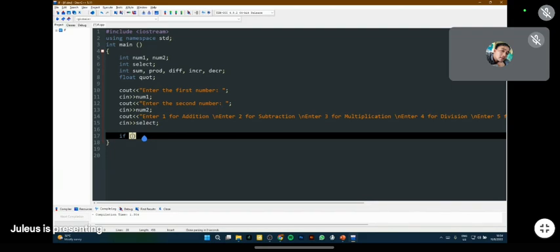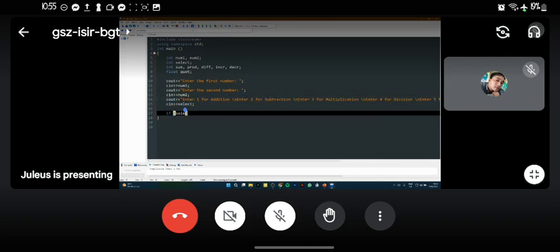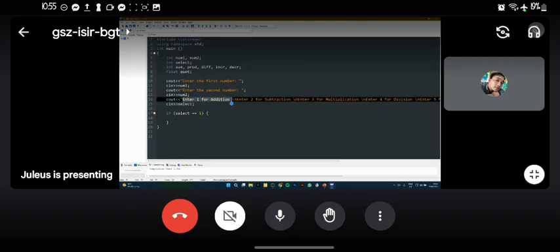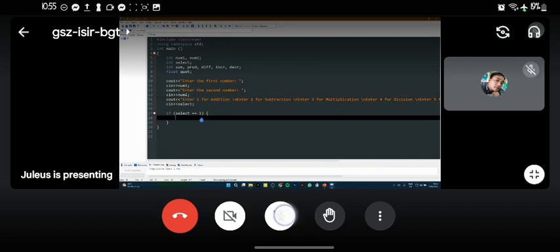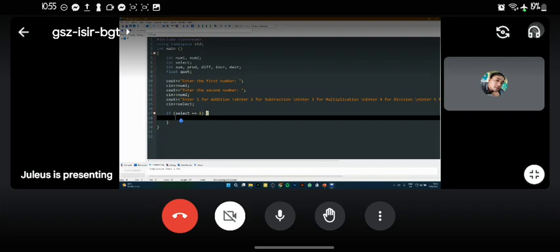We must set the condition based on what the student as a user selected. Therefore, we will use if select is equals to 1. If 1 is selected by the student as a user, therefore, we'll perform addition. So what should be the operation, what equation should we do? Num1 plus num2. Try to take a look at our variables here. We'll use sum is equals to num1 plus num2, correct?